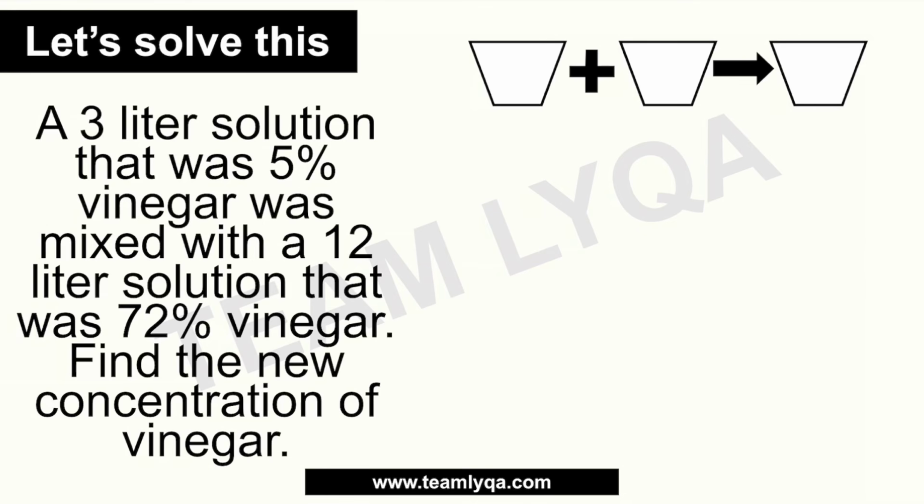Sabi doon sa problem, a 3-liter solution that was 5% vinegar. Yun daw yung unang hinalo. So, ibig sabihin, itong entire part na yan, okay, yan yung first bucket. Okay, bucket number 1. Now, ako, I like putting the percentage doon sa loob ng bucket. Pero pwede nyo rin ilagay sa labas. Interchangeable naman yan kasi mamaya multiplication ang gagawin natin. Ibig sabihin, dahil may commutative property ang multiplication, pwedeng pagpalit-palitin ng pwesto as long as nasa loob siya ng same